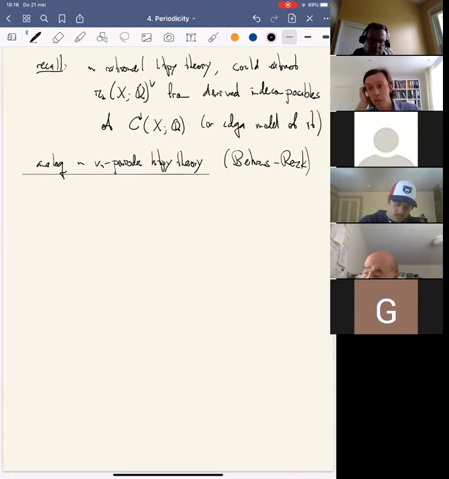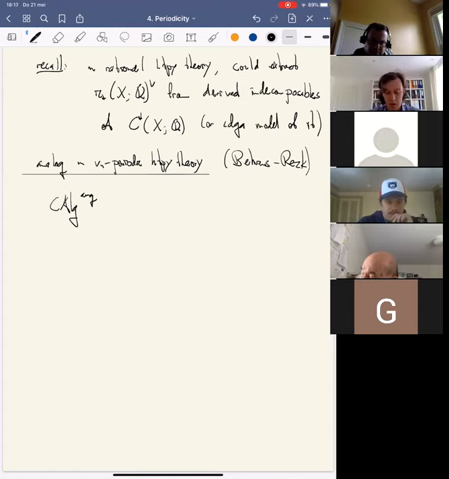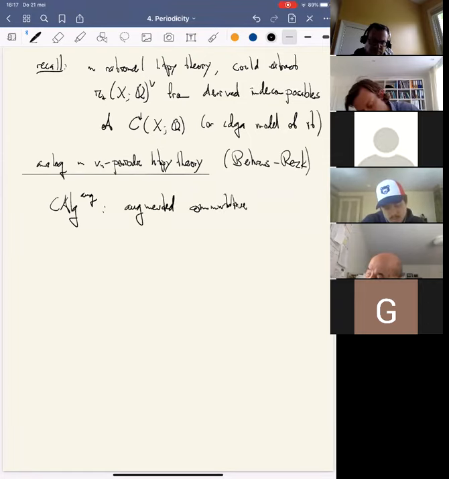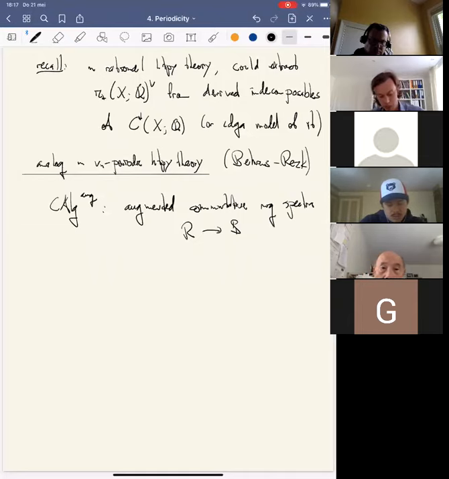Well, essentially, I just have to take the ingredients from rational homotopy theory and generalize them appropriately. So what I'll do is, I have to first talk about the analog of derived indecomposables. This is what goes under the name of topological André-Quillen homology. So I'll use this notation here for the homotopy theory of augmented commutative ring spectra. Okay, so these are ring spectra that have an augmentation to the sphere spectrum, and